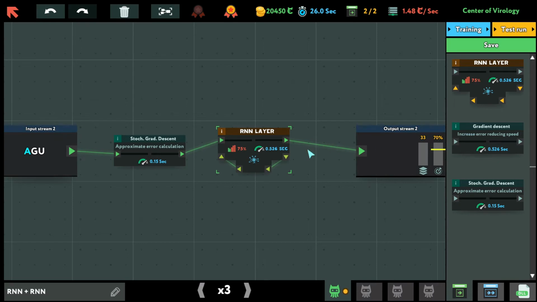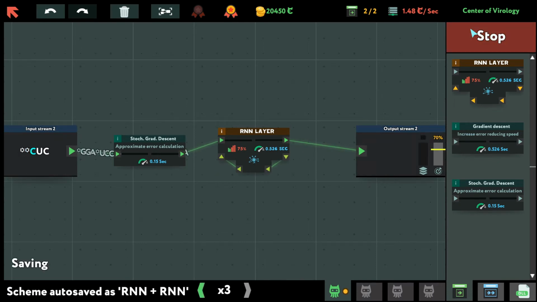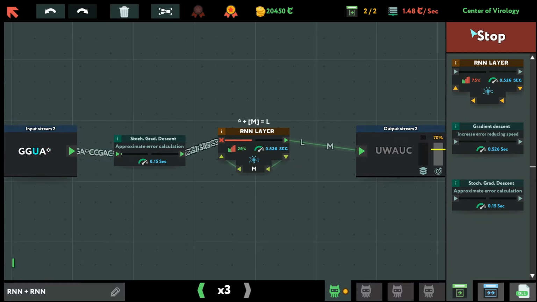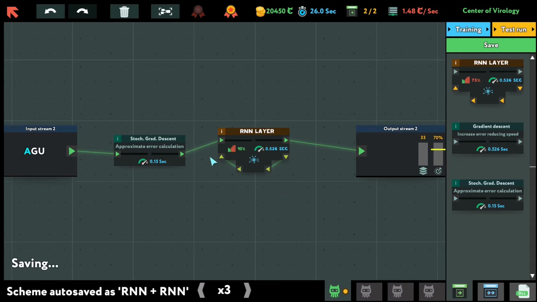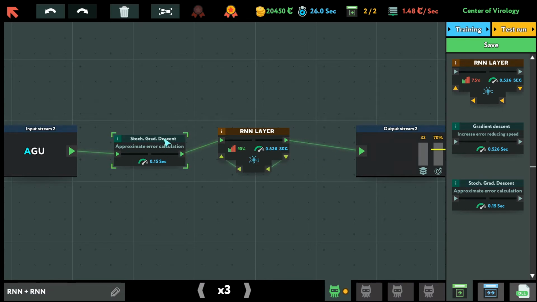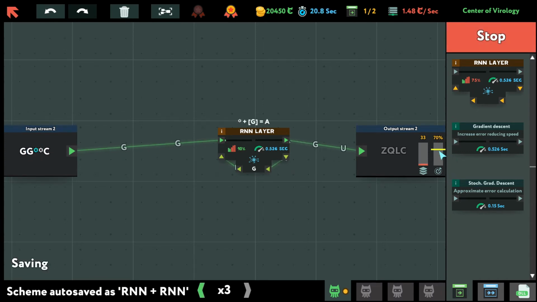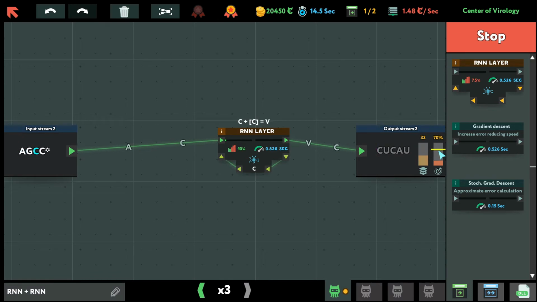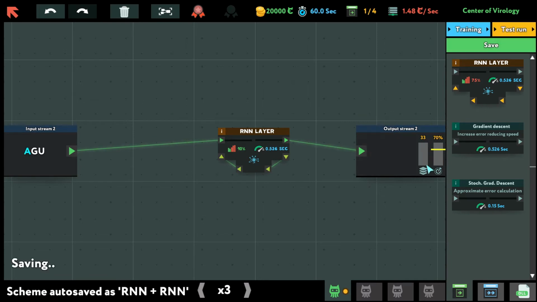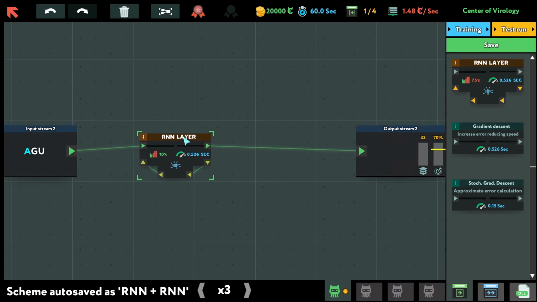It requires 70% accuracy. I don't know how the accuracy is affected by this. Okay, this is minimum, but minimum is already 10%, so I don't know how that correlates with the 70% accuracy we're getting. So if we do this, I imagine the accuracy is going to be too low. Yeah, this is not even close. I don't know what's happening. I don't know how it even determines this accuracy, but